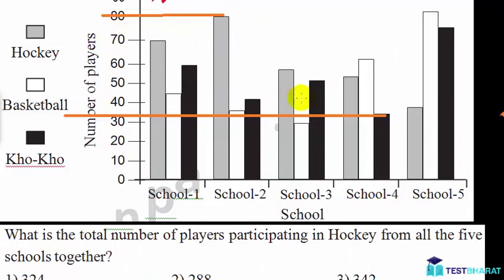So the total number of hockey players from school 5 is, sorry, so the total number of hockey players from school 5 is around 36 or 37,